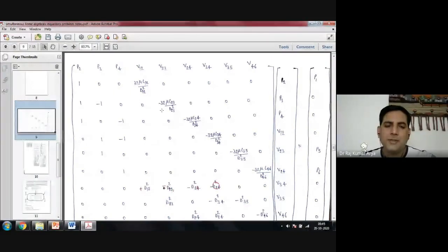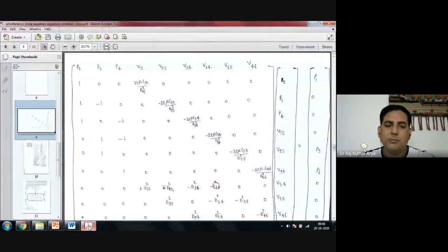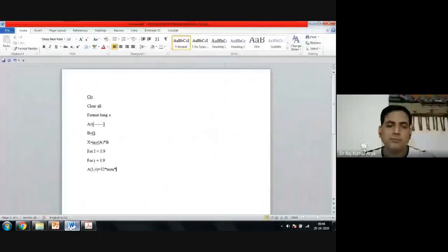So first you write the first one manually, because its sign is different. Let's say 1, 4. You can write the expression for that. You have something 32, you have this mu, then whatever expression you have here, mu L12 D12 square, right? So you can write here L12 divided by D12 to the power 2.